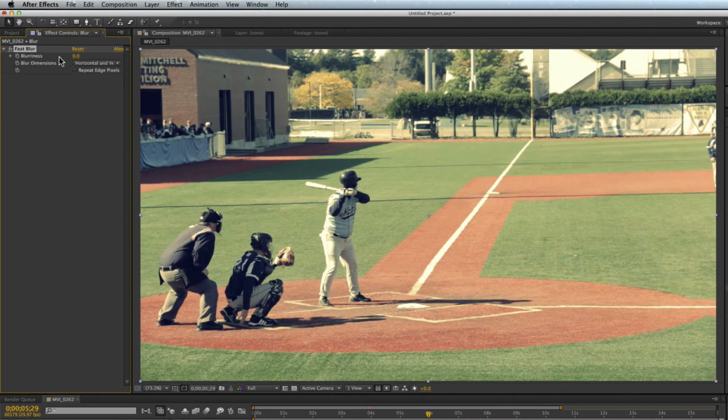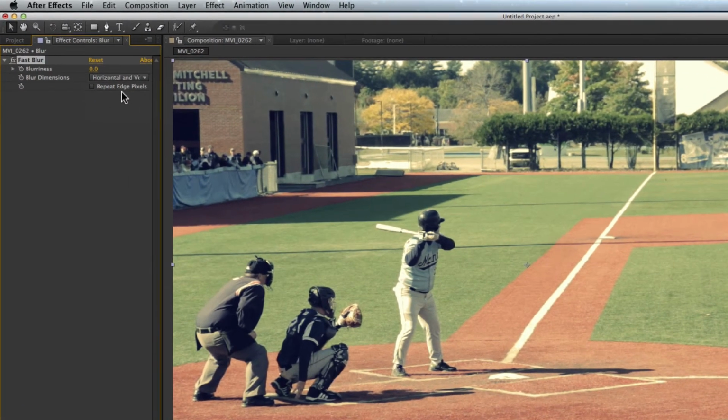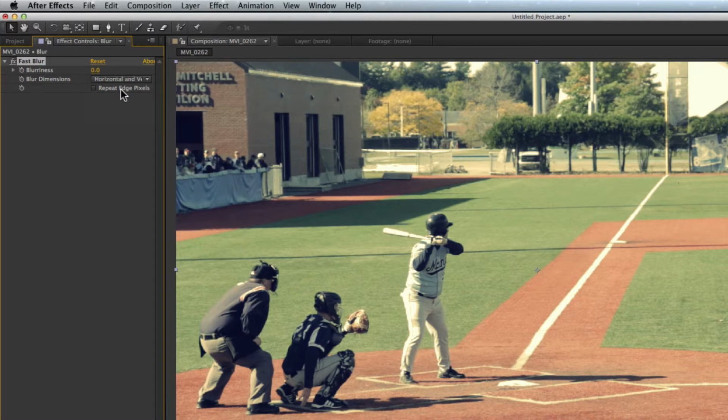And you can see here that we've got some different options for our settings. We can do horizontal and vertical with the way that we're working. We want that, but you could switch it to the others if you wanted a different type of effect. And this repeat edge pixels here is very important, and we'll show you why by increasing the blurriness without checking